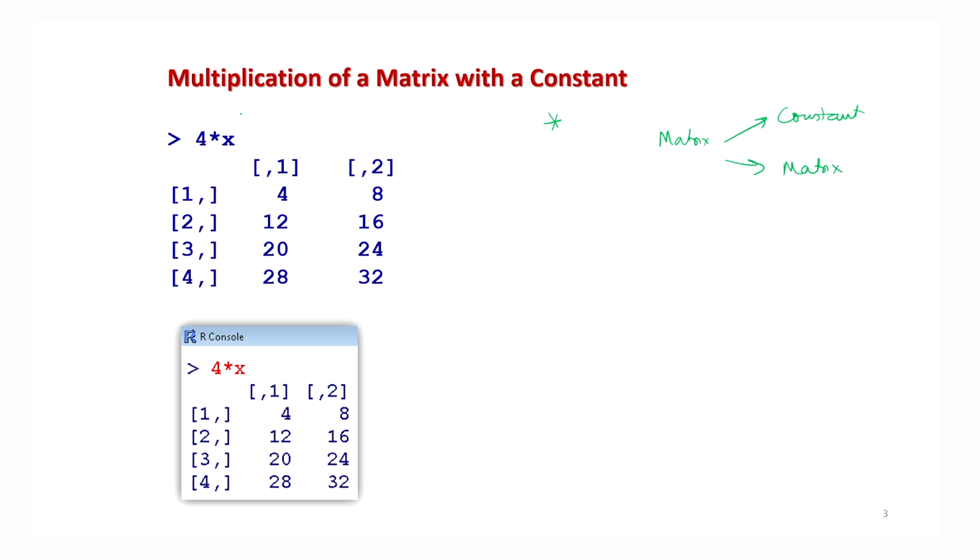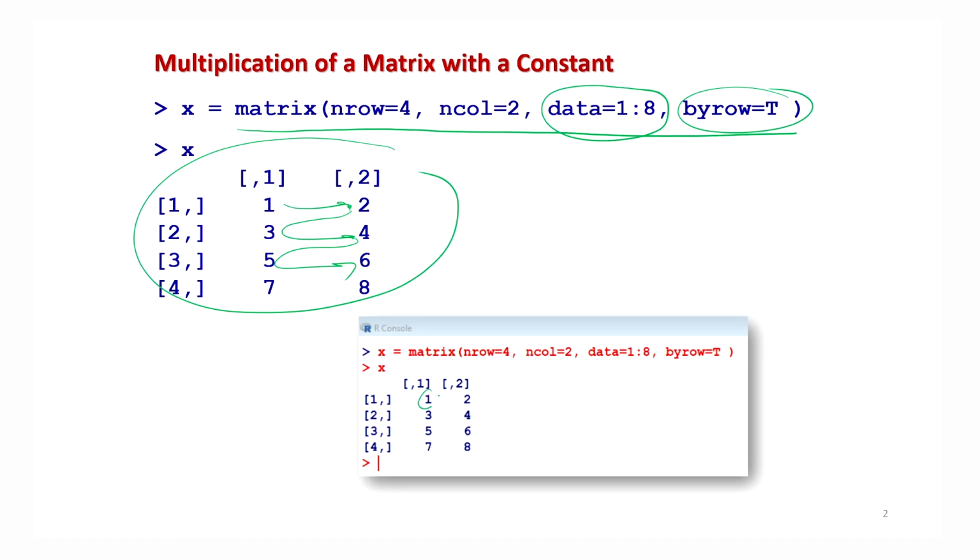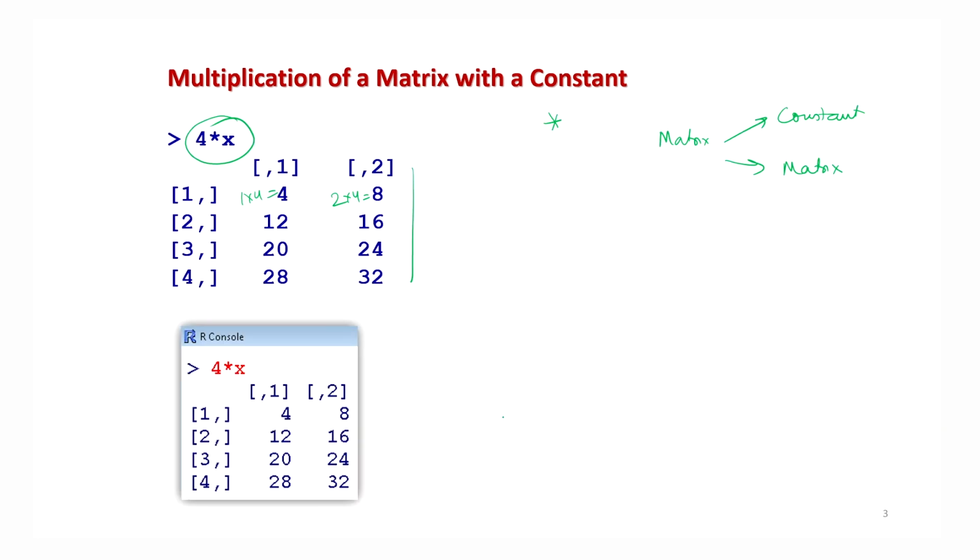If I multiply this X matrix by 4, which is a scalar, then all the elements in the matrix are going to be multiplied by 4. You can see here 1 into 4 is 4, 2 into 4 is 8, and so on. So each element in the matrix becomes 4, 8, 12, 4 fours are 16, and so on. This is how we obtain the result for multiplying a matrix by a constant. That is straightforward, right? But you have to observe what it is doing.